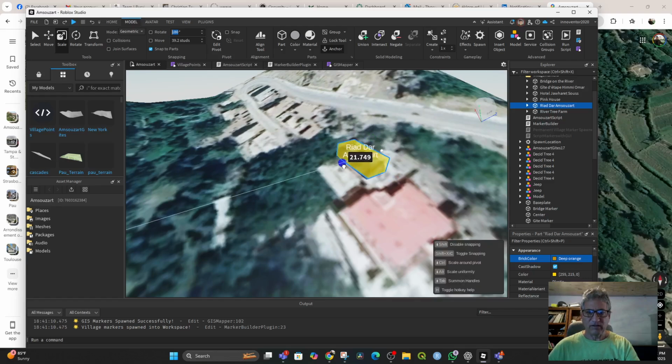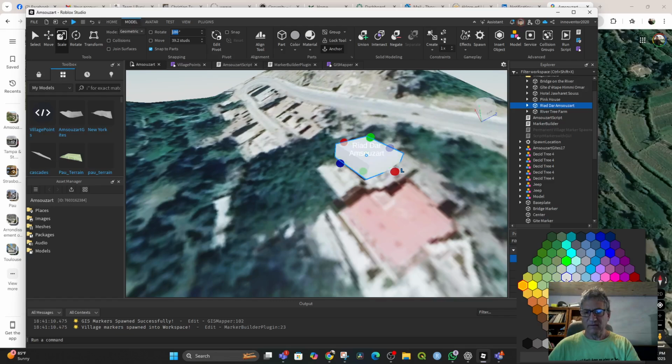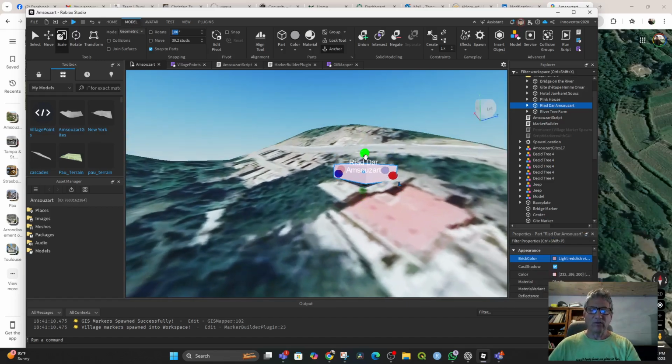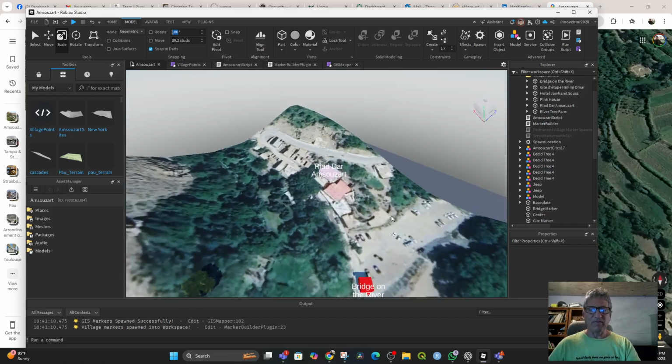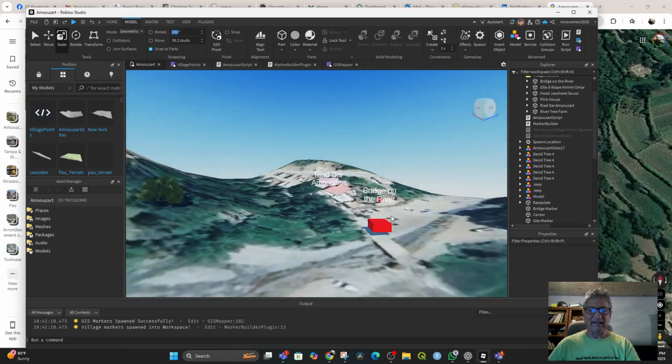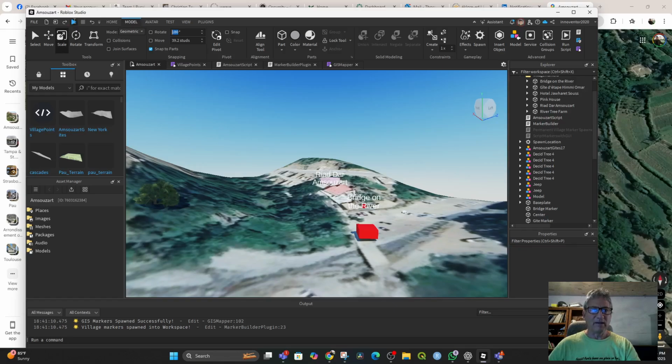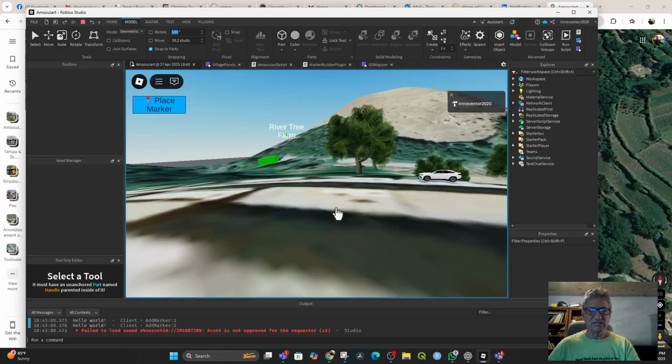And of course it's in the landscape like that, and then make that color. So now when you play the game, there's going to be a new marker added in the play mode, but these other markers are in the landscape, so that when we hit play, as you can see,